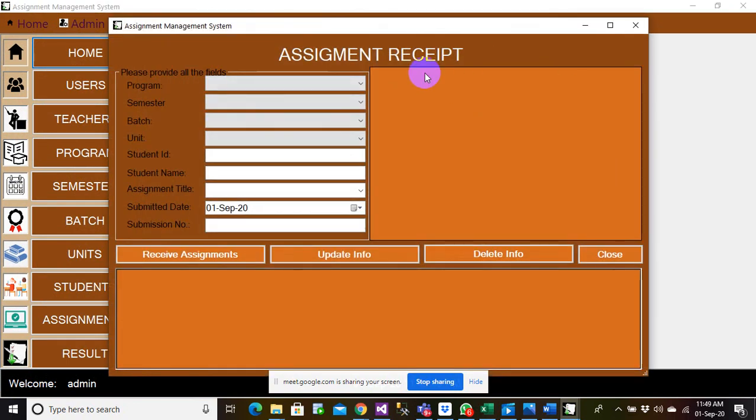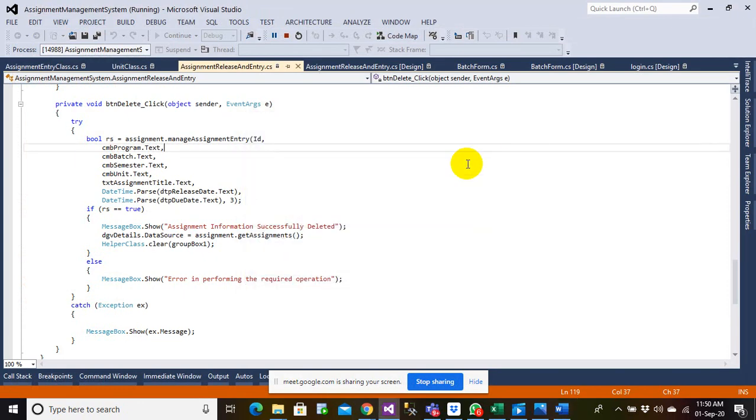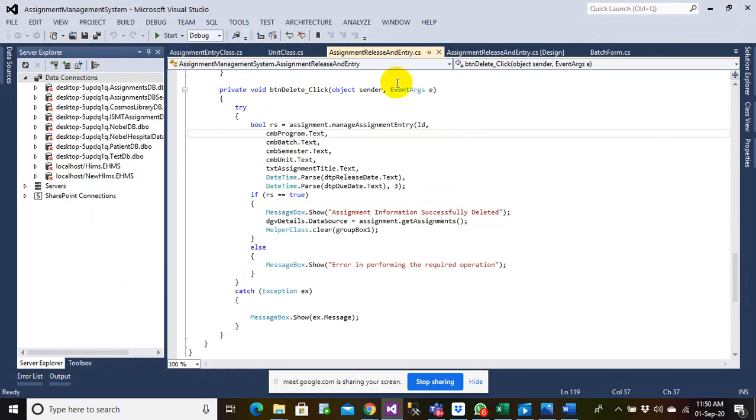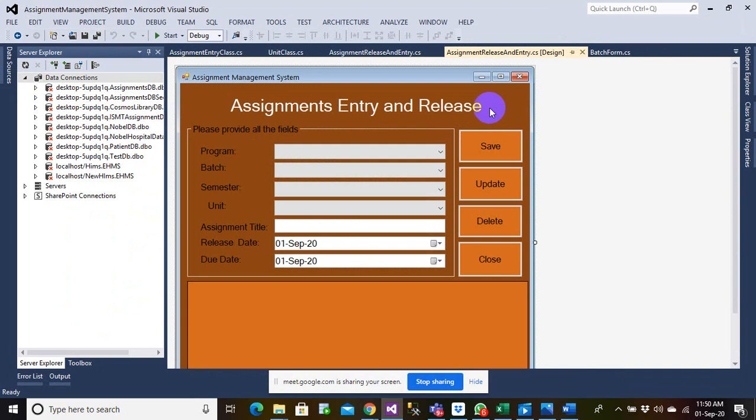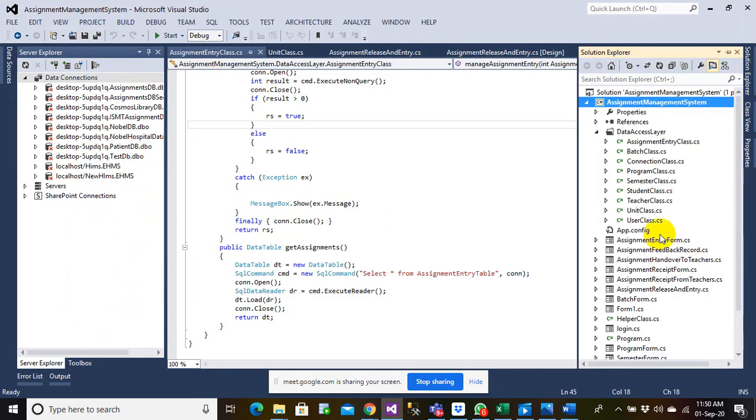We want to list all the assignments here, and once you click on a particular thing, you want it to be listed out on the corresponding, let's say. Okay, so first of all, let's get all the assignment receipts here onto this grid view. So let's get started now. Assignment receipt form.